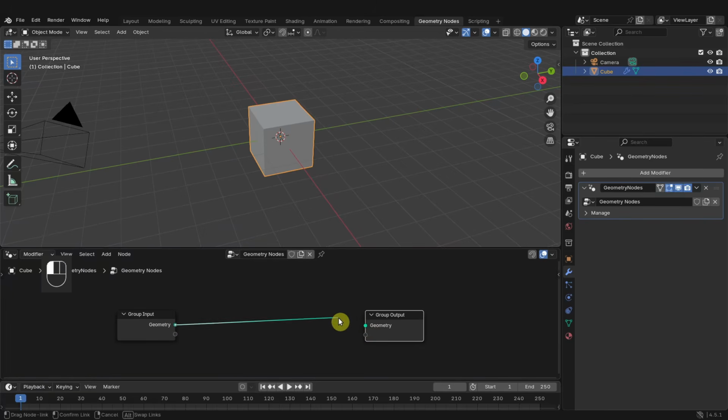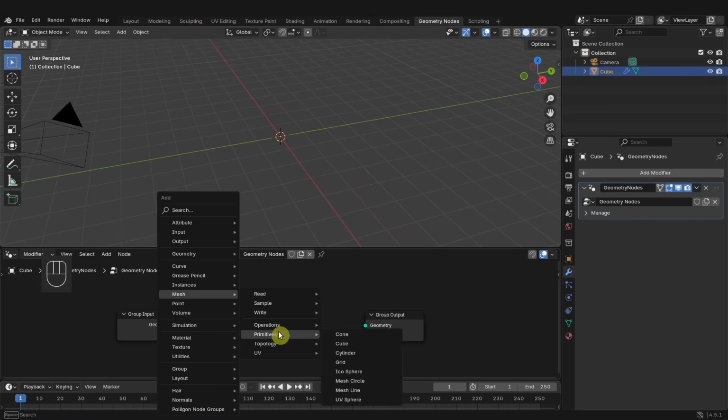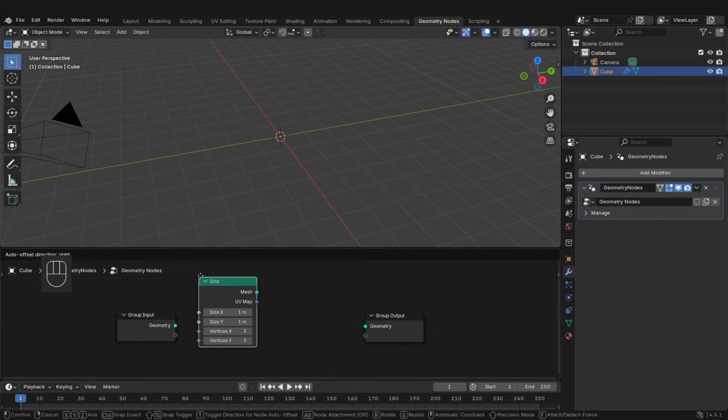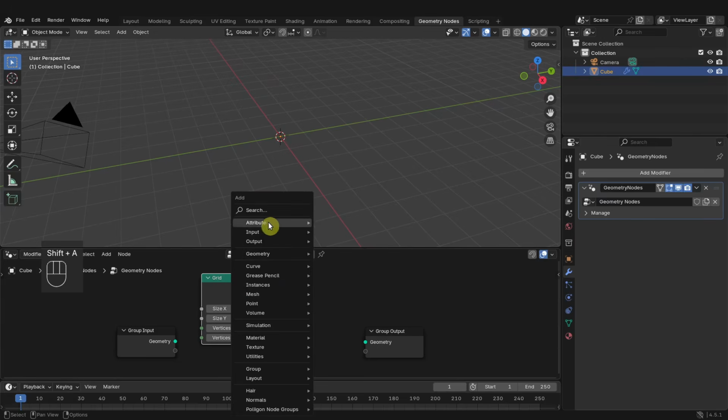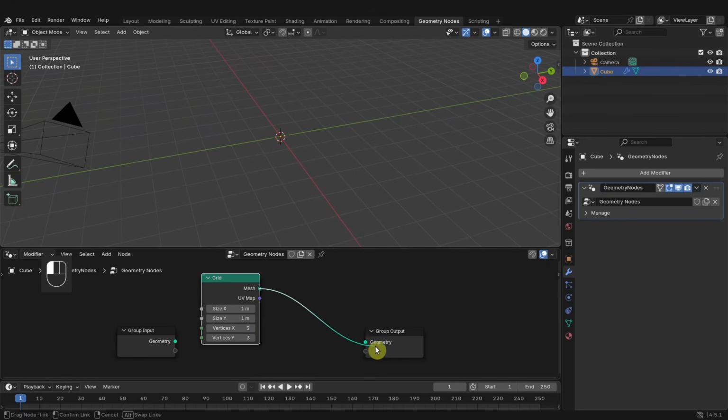So if I disconnect it from the output, then you don't see it here. And if I change the input with something like, if you do Shift A, you can add in stuff. You can do mesh and then primitives and then add in a grid. Alternatively, you can actually just Shift A and go up to search and type grid, and then you should find it right there. And now if we take this mesh and plug it in here, now we have a grid